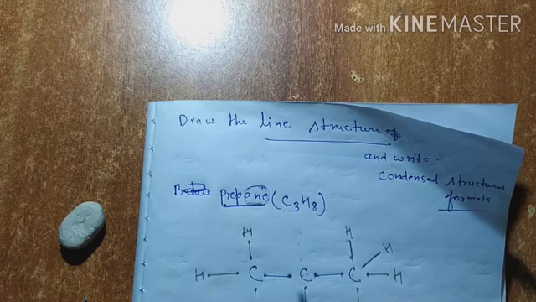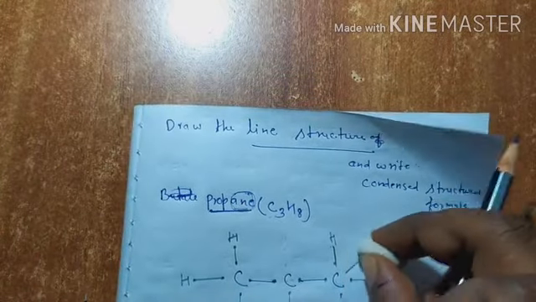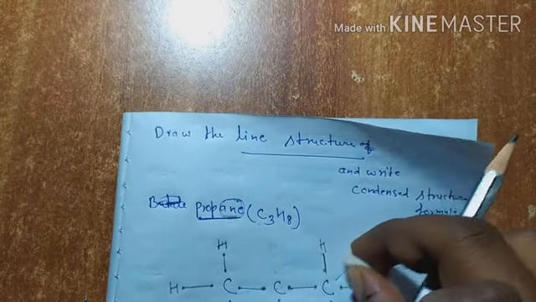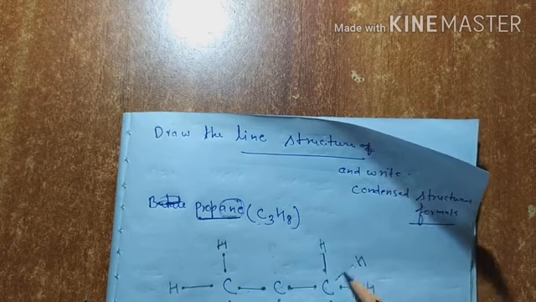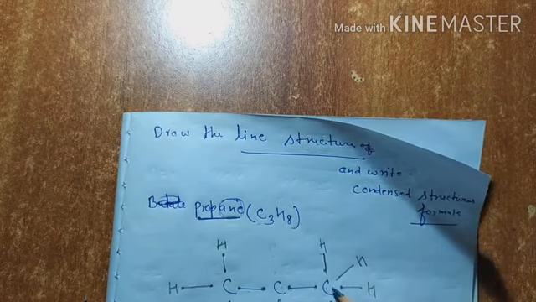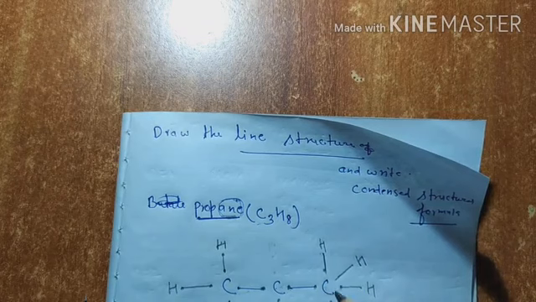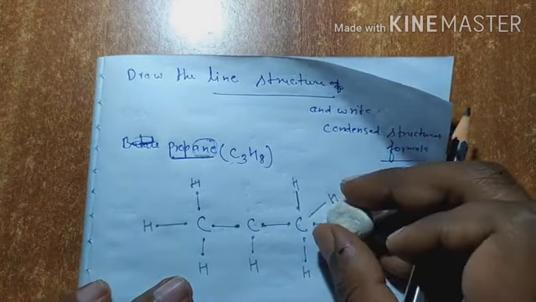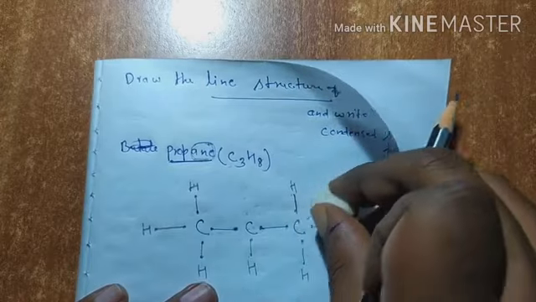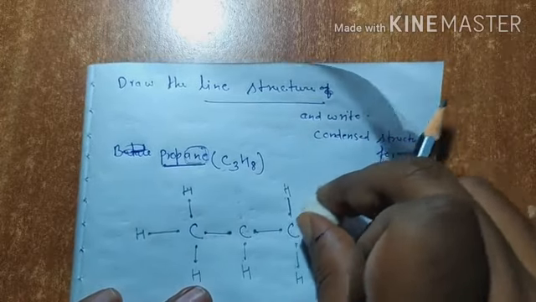So it means we have to remove this hydrogen from here. In this case, hydrogen is stable, 1, 2. If you consider this hydrogen, this is stable, 1, 2. But this carbon atom is not stable, right? So we have to remove the hydrogen from here. We can't put hydrogen on this carbon atom.